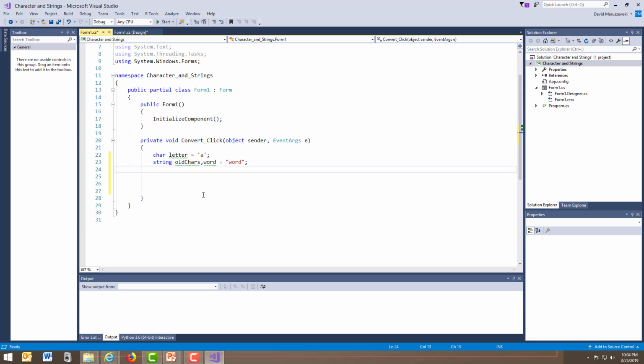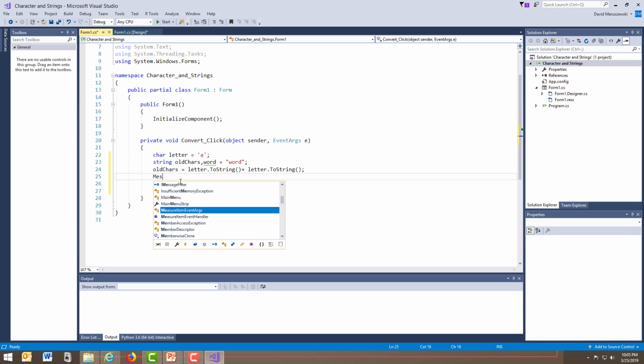So to convert something to a string from that, we could say that old chars is going to be equal to letter dot ToString, semicolon, but we could do a plus, because if you remember what this is, that is a concatenation. So we're taking 2 letters and changing them to string and then putting them together,